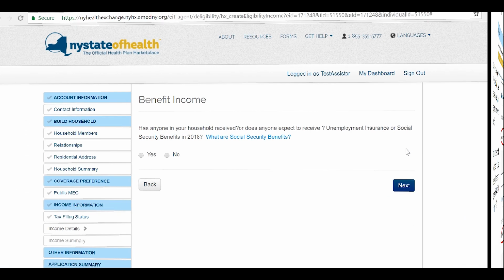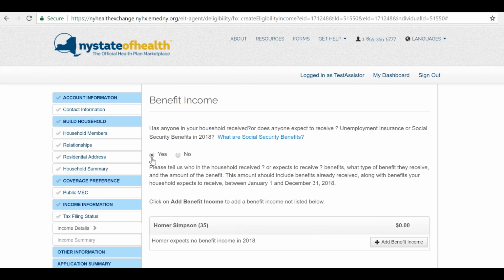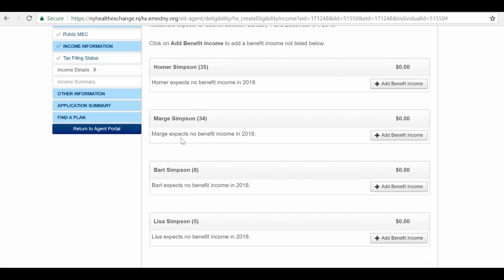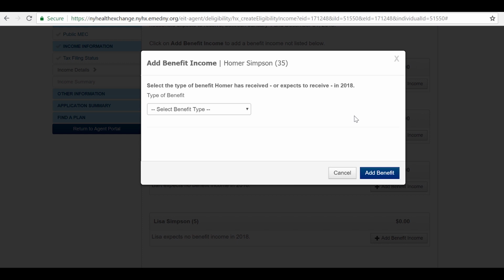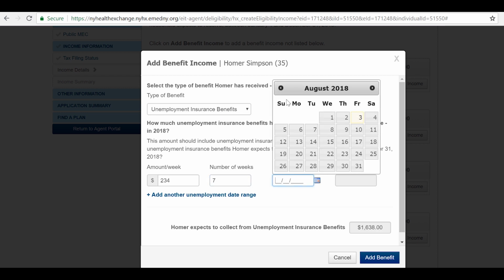So I'm going to go back to my testing environment. So we're going to say yes. And here you can see we want to know who is getting unemployment. So we can say that Homer, if Homer were to get unemployment, we would add it here. And we could say that he gets unemployment. And maybe he makes $234 a week for 7 weeks. Let's say he gets that from